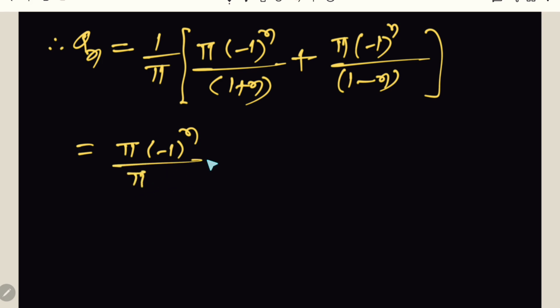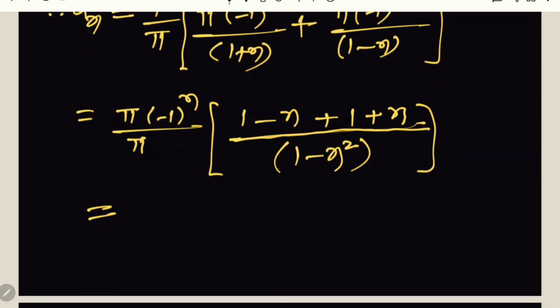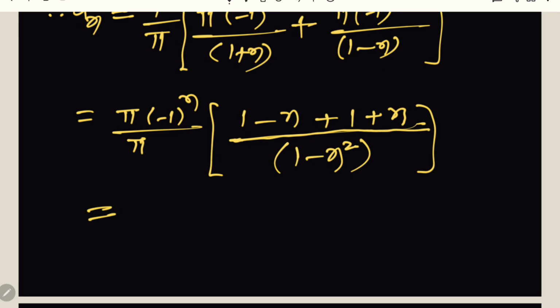And then cross multiplying, we get 1 minus n into 1 minus n, and plus 1 plus n, and the product of a plus b into a minus b is a square minus b square. As per that it becomes 1 square minus n square. Plus n minus n get cancelled. Pi get cancelled. And we get 1 plus 1 as 2